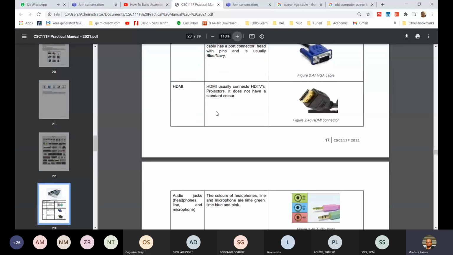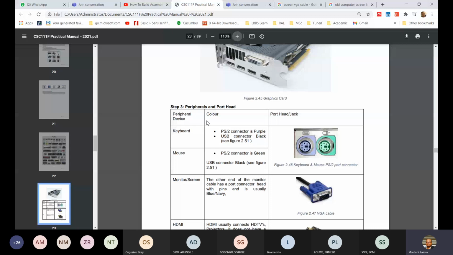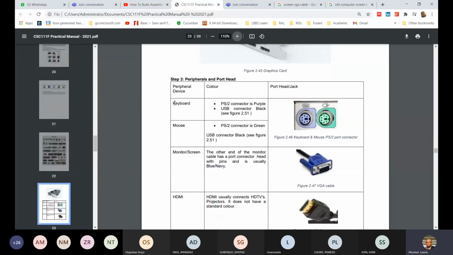So this table on page 17 explains what I was saying to you. You can see here, this is the name of the device. This header is for the name of the device, the color, and the port. So for example, you know that for a keyboard, you can connect the keyboard via a PS2 connector or via a USB connector. Usually the color for a keyboard is purple, so this one is for keyboard and this one